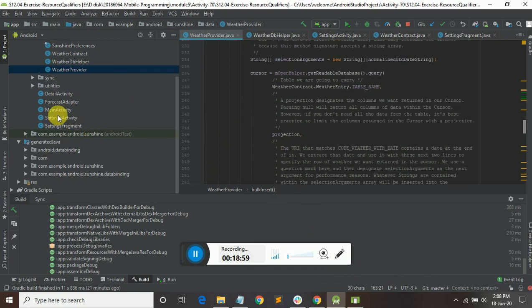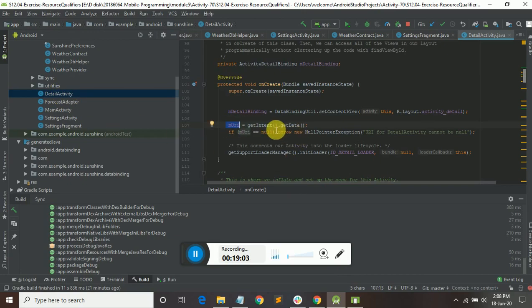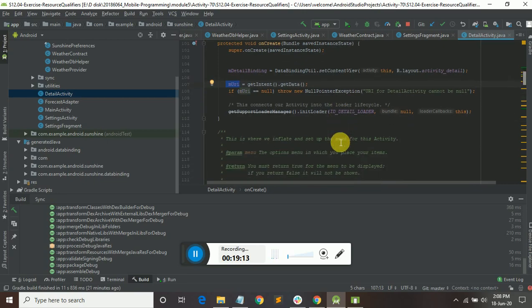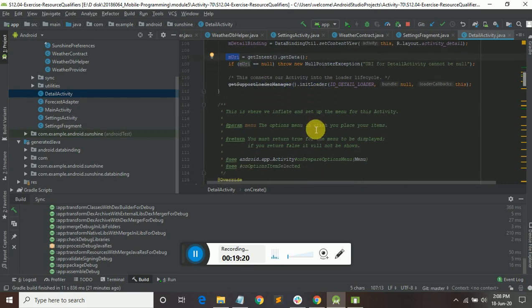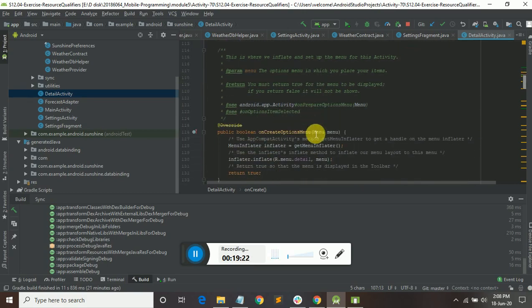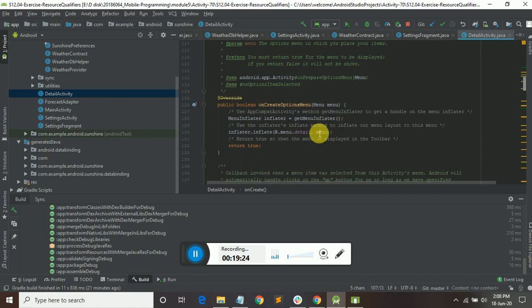From there I'll get the data. If it is null, we need to throw an exception and show an error: URI for detail activity cannot be null. Or else, the message will be loaded and data will be retrieved from the database.